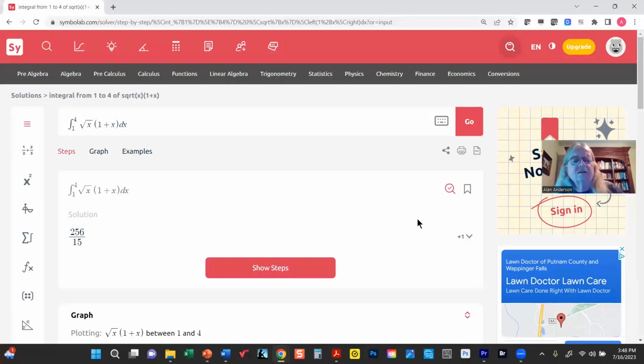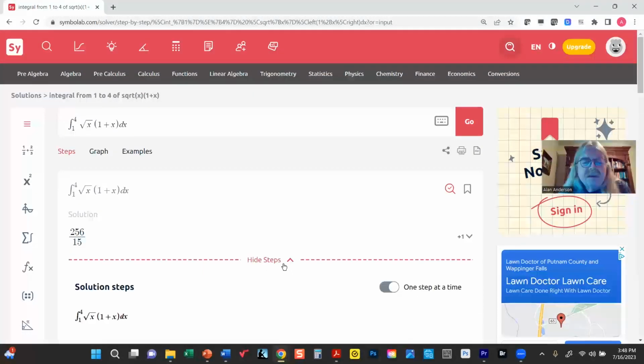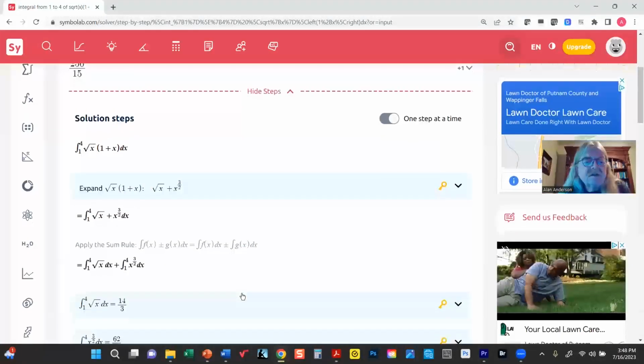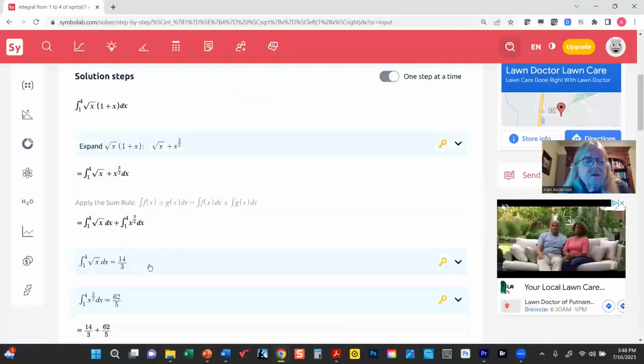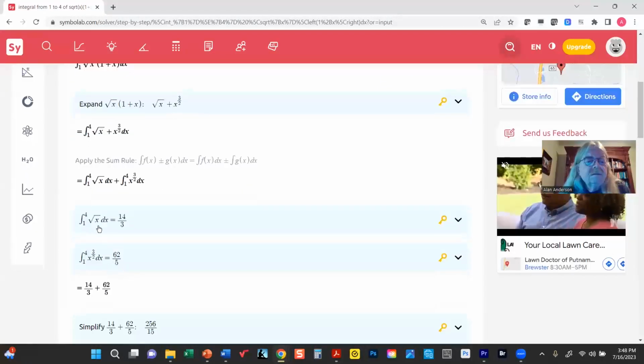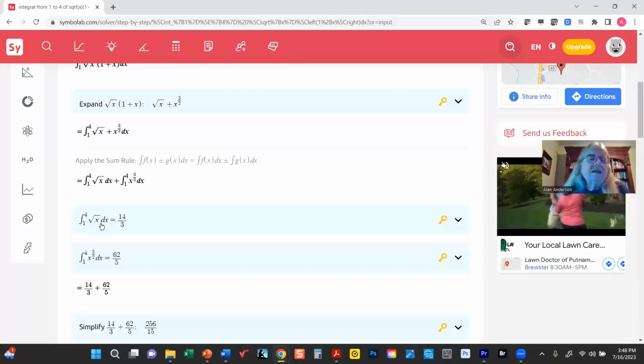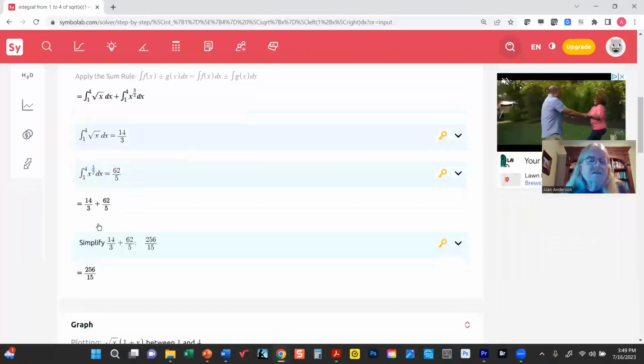But since this is a constant, there's not much they can do about that. Also, don't forget, it has the capability of showing you at least some of the steps. It looks like they've done what we did. They broke it up into 2 separate integrals and then, well, they didn't tell us to use the power rule here, which I think is kind of weak, but